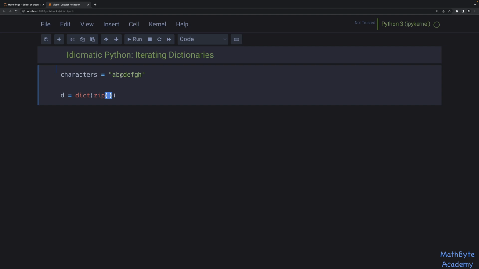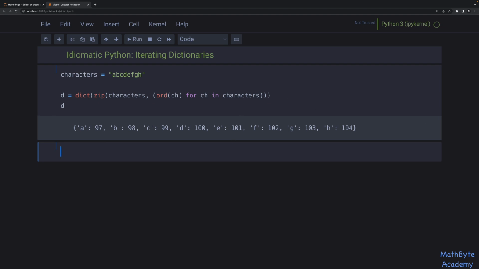So I'm going to use the zip function to create this iterable of tuples, and I'm going to create the tuples by essentially zipping the characters, and then I'm going to use this expression over here, ord of ch. So I'm using a generator expression for ch in characters. So basically, I am zipping together the characters and the ord function return of each character in there. If we take a look at this, we just have this dictionary here with the code